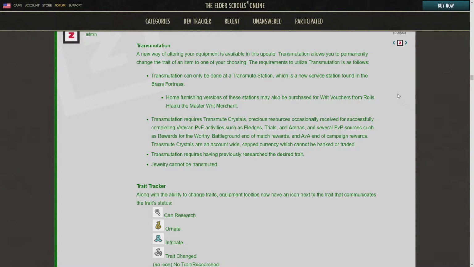So, you know the Master Writ dude? You can buy a Transmute station to put in your house if you don't own the DLC. As of this very first PTS patch, I believe it is 1,250 Writ vouchers to buy a station to put in your house. Now, transmutation requires Transmute Crystals, precious resources occasionally received for successfully completing veteran PvE activities, such as